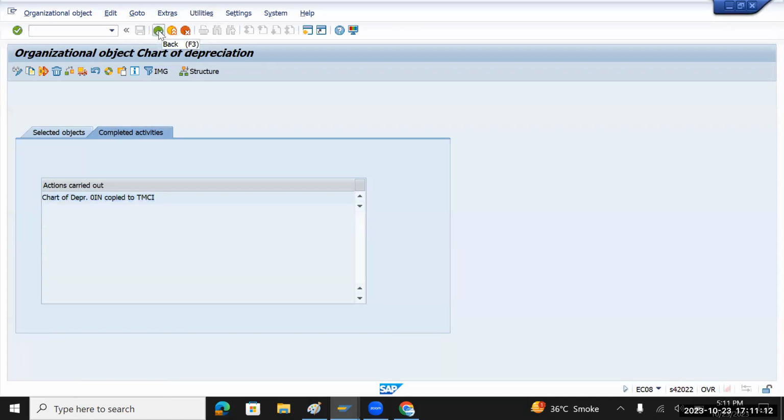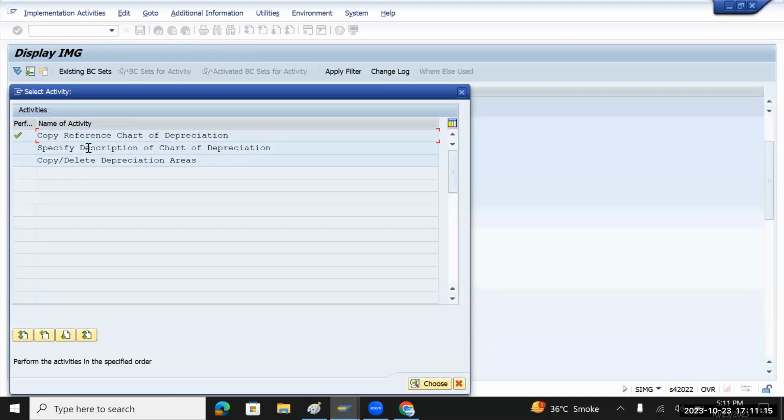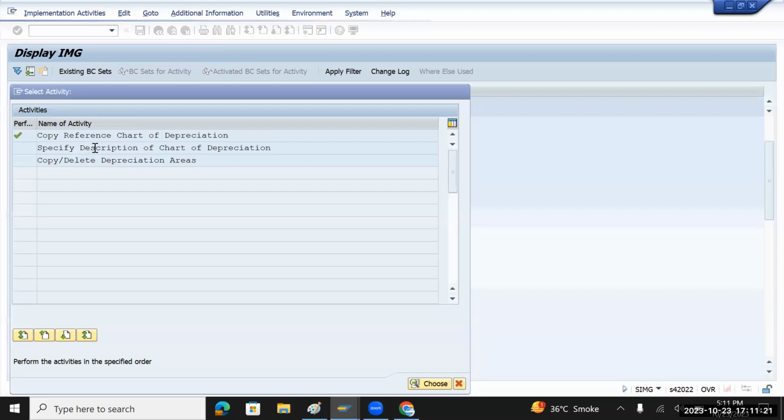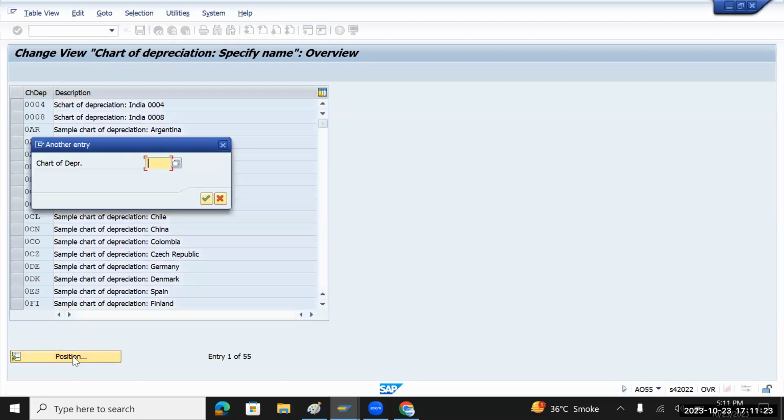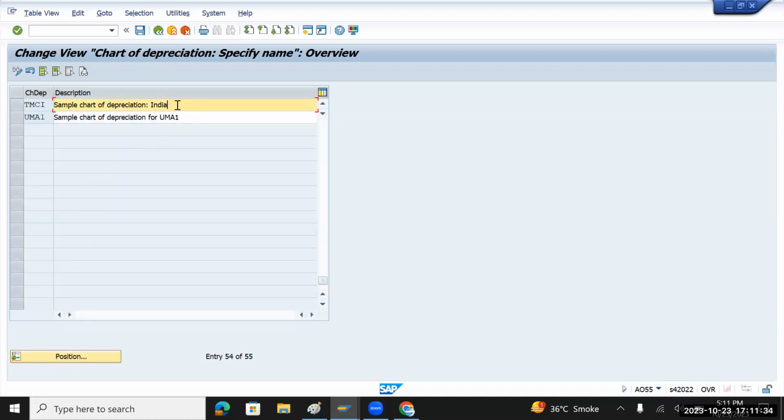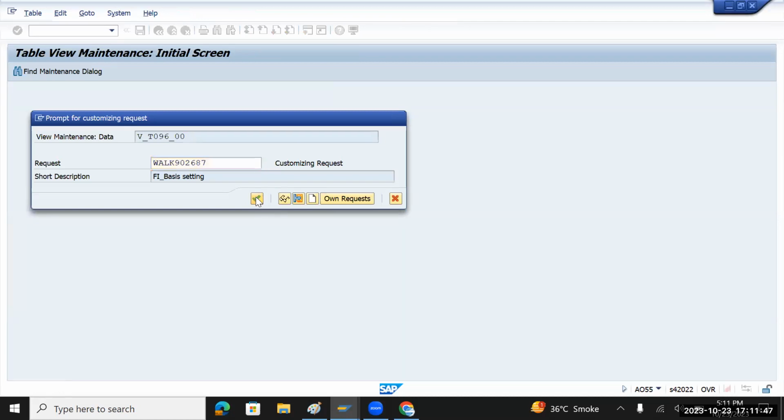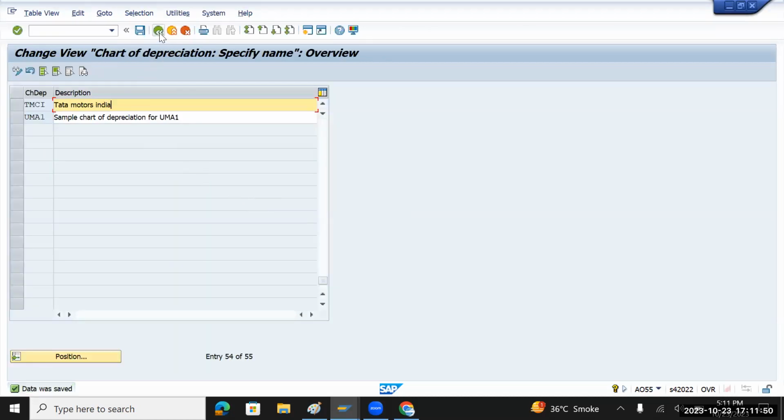Okay. After this, we have specify description of chart of depreciation. Click on this and go to position. Just now we have created chart of depreciation India. This is a standard naming convention which is coming. So delete this one and write Tata Motors chart of depreciation India and save it. So this chart of depreciation is applicable for India. Now go back